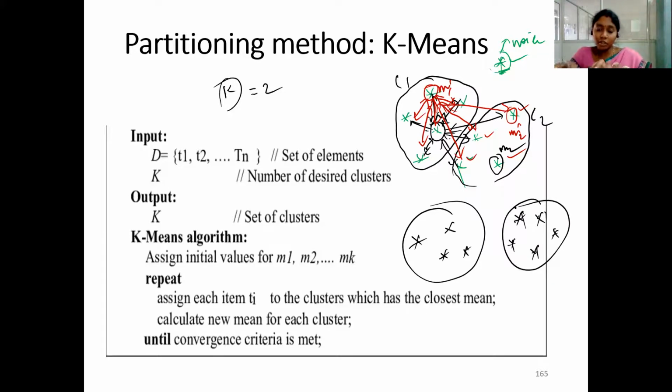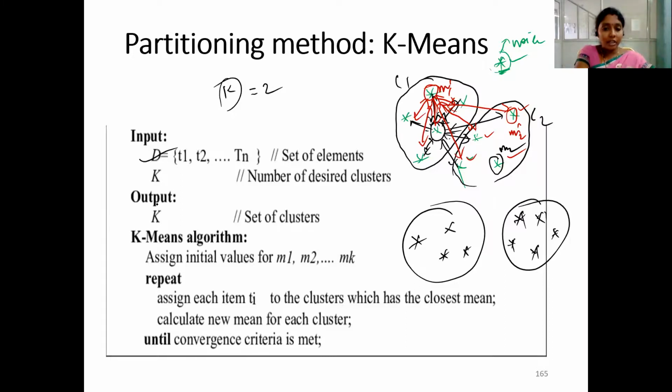That means if there is no more change in the mean value, the clusters have not changed. Suppose you have done the process n number of times, and after 10 iterations you observe that the mean value is fixed, constant, which means the data values are not changing, which means the clusters formed after 10 iterations are the perfect clusters. So we can stop there. That is about k-means. In this way, you can form the exact clusters with the existing data. So here is the procedure.